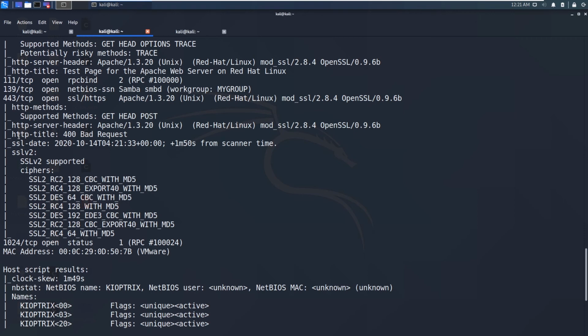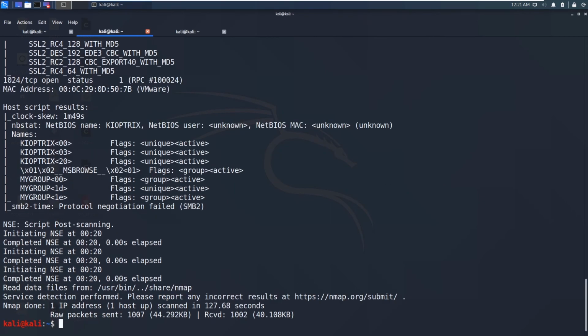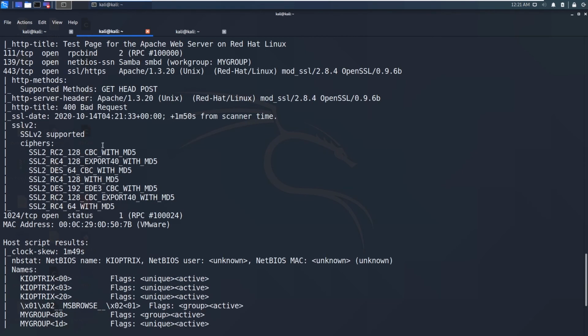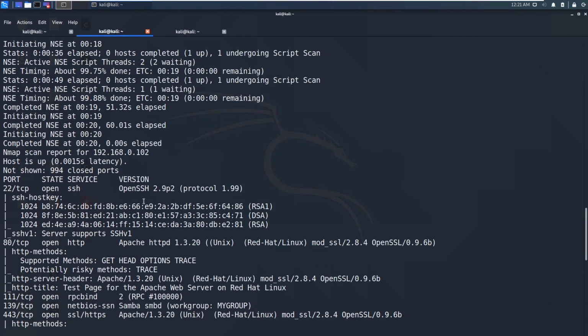It's telling the HTTP title and SSL date and so on. Now it's using the nbstat script to get the NetBIOS information, and you can see this is the MYGROUP domain for that computer, and it's using SMB version 2. So we got some more information from these default scripts,